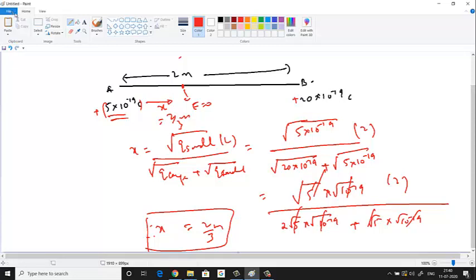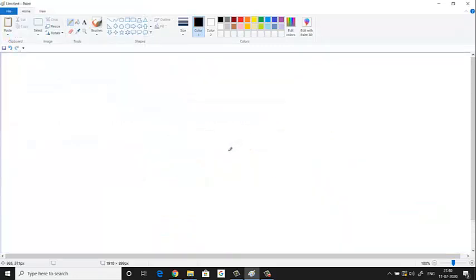Okay. Then they may ask you questions based on the graph. One more thing, one important point before that. If you have two like charges, both positive, Q1, Q2, then the electric field will be 0 in between these two. Between means it can be here, but closer to the smaller one. So E is equal to 0, I'm writing here, electric field is equal to 0